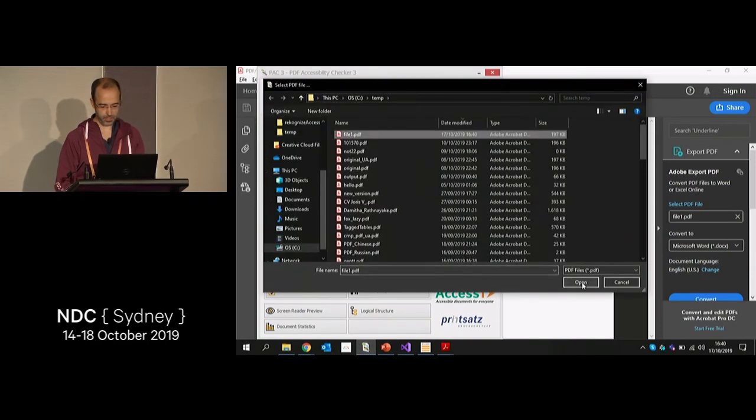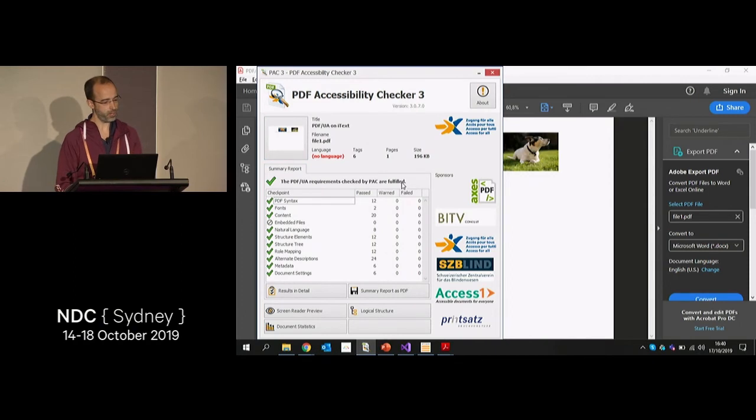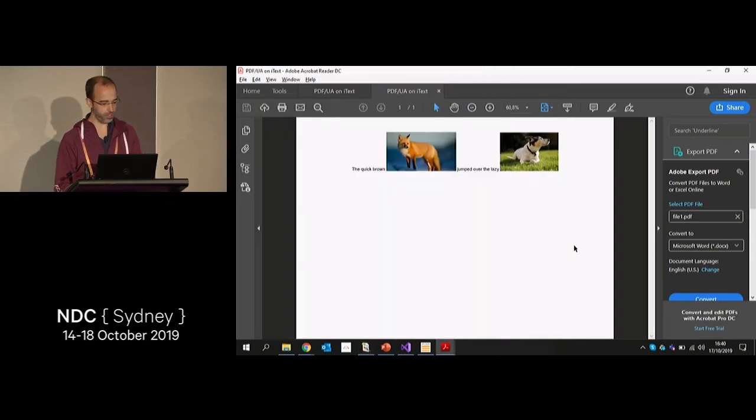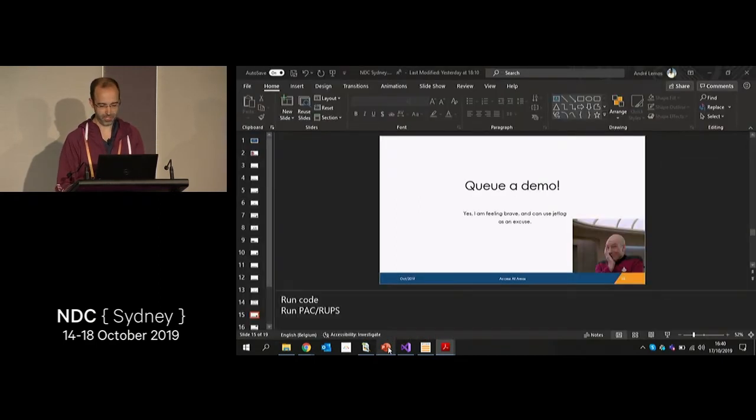Accessibility check. Are we go? We are go, right? So that's indeed the danger of using these automated tools. It will say, yeah, this is great, it's perfect. A blind person can use it, or, as you are lying in bed, you ask Alexa to open the PDF UA iText document and read it out to you, because you just want it to read this one-liner with two cute pictures, and it will go: the quick brown fox jumped over the lazy grass. Kind of disappointing, right?